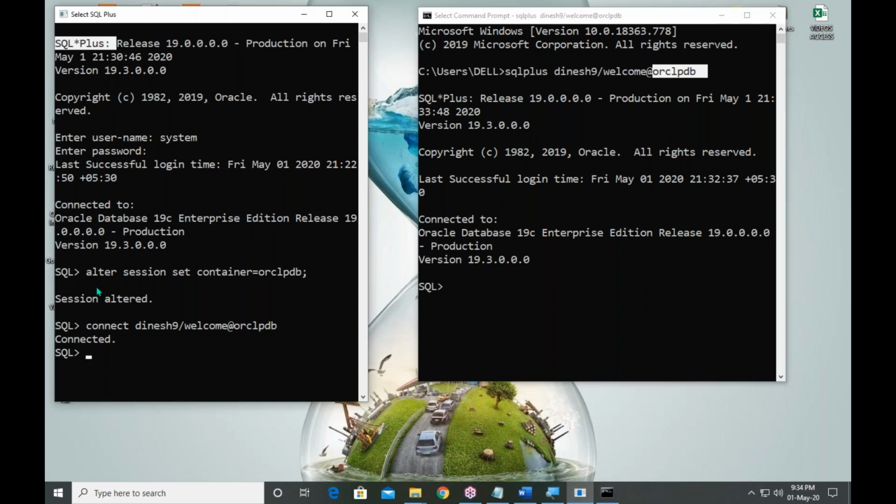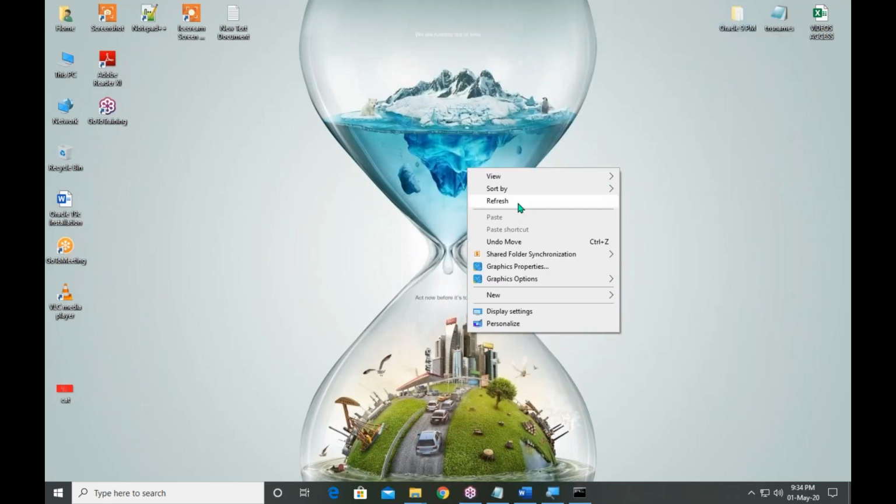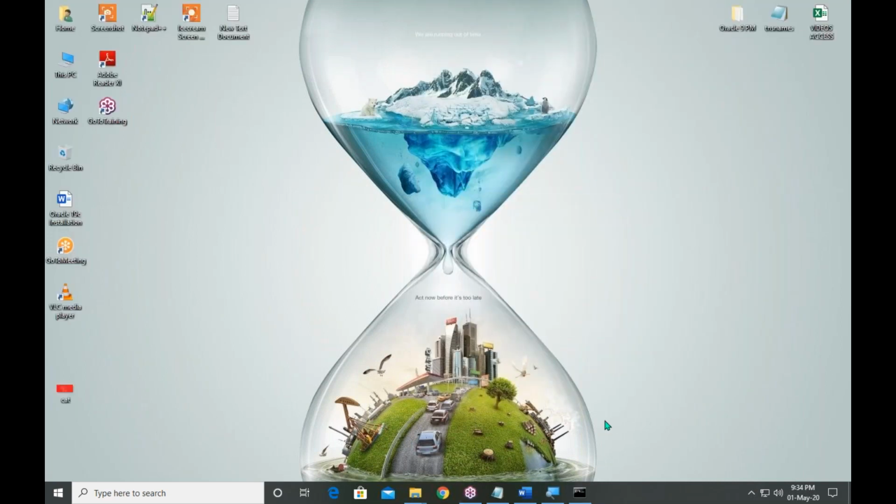Here, let me close this window. Okay, let me minimize this and go through the next topic. Is there anything else?